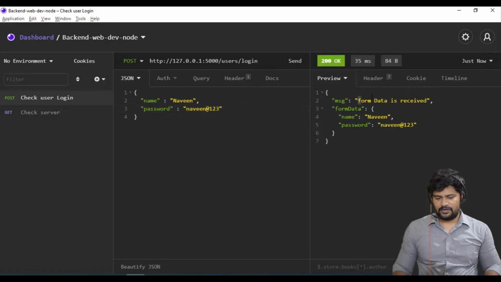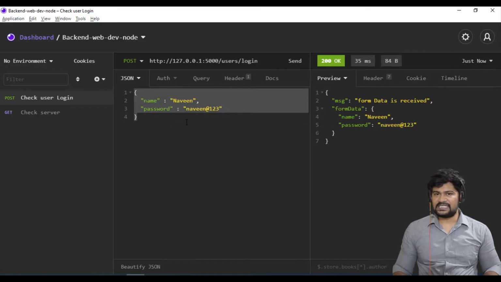See, form data has been received, name is received, password is received. Imagine this is your form on the client side, you filled it and sent it to the server with this URL, and that form data has been received here. You never see the form data in the URL because it's sensitive data. You never send it through the URL. You send it through the internal request body that is received at the server side like this.